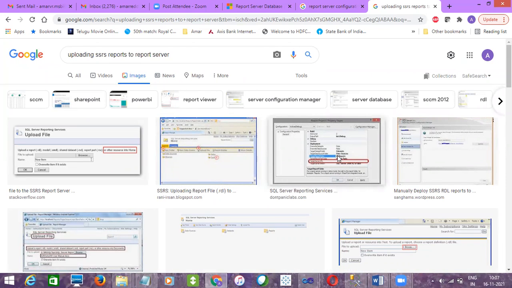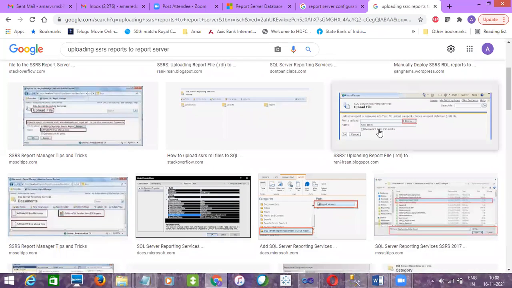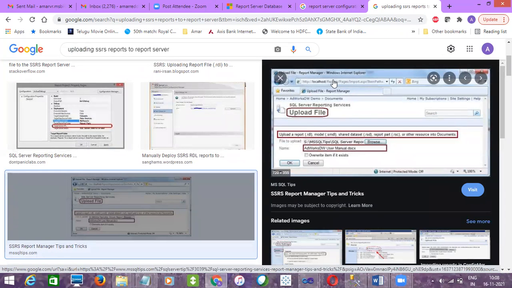See here they'll use the target server URL, all right? And then once they do it, yeah. See here in this image, once we go to this page, there is HTTP localhost reports, right? So there will be a URL created by the admin team, and they'll provide that URL. Once you open the web URL, the screen will display like this. Okay. You just need to upload the file.